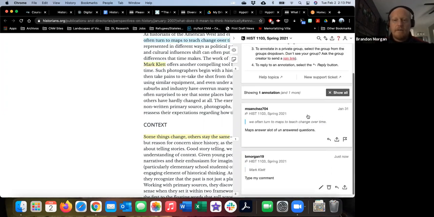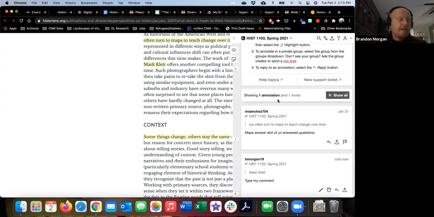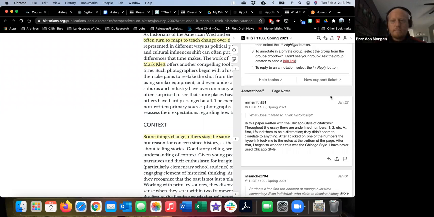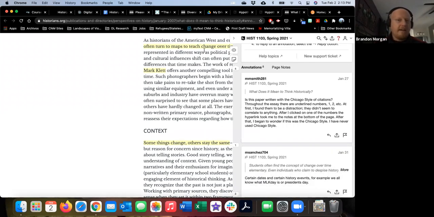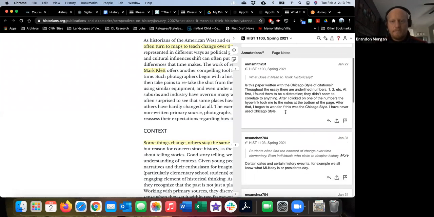I'm just going to click cancel. This is only showing one annotation because of the way I got here. I went from that first hypothesis page, and then I wanted to see the annotation in context. To show all, I just click this button, and now I can see everyone's, because we could tell there were a lot more highlights or annotations on this page. So now I can see everyone's.